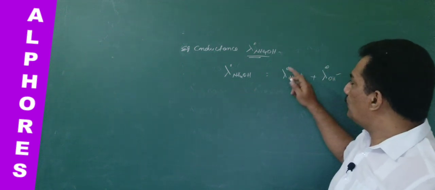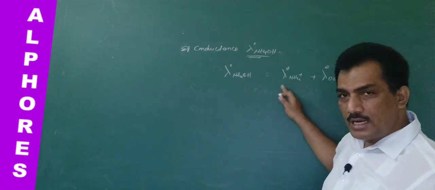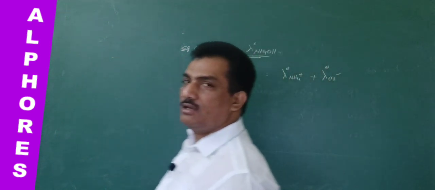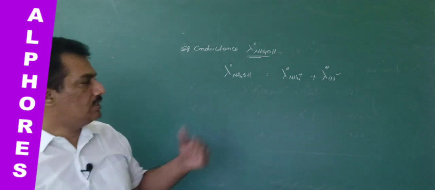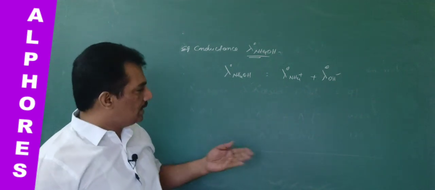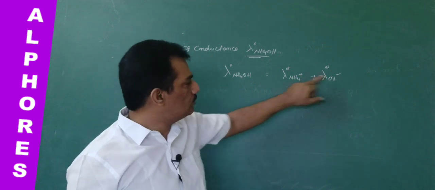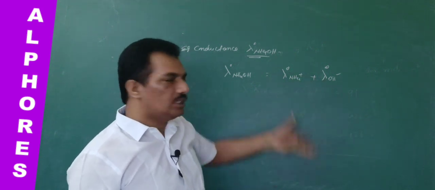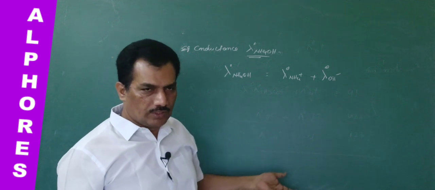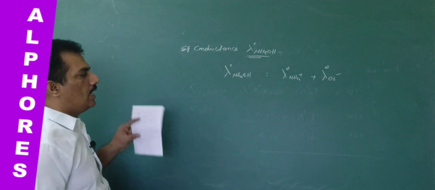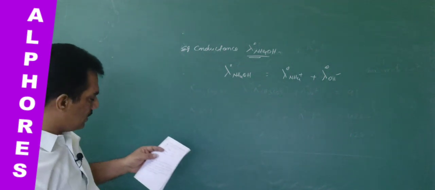And now, when we are getting the ionic conductances of these two, ionic conductance by Z factor will provide equivalent conductance. In previous sessions we discussed that. But being these two monovalent, plus one and minus one, the Z factor is 1 or the charge is 1. That's why the ionic and equivalent conductances are the same. And now how to get it from the given data? Let us go for this.